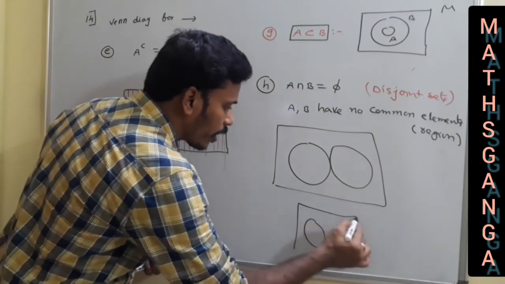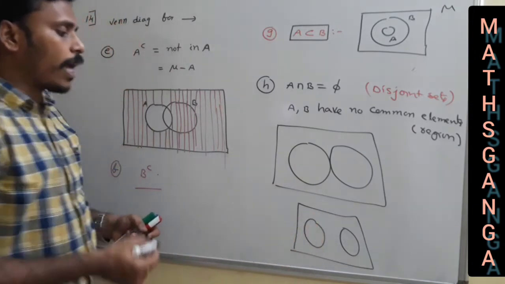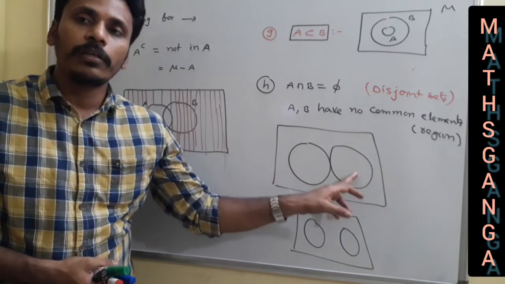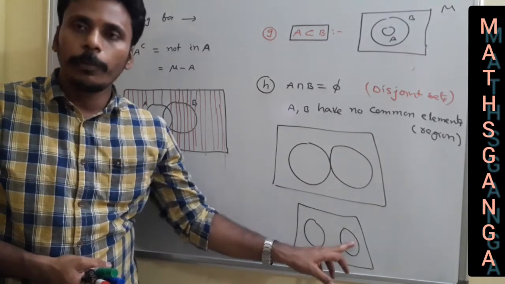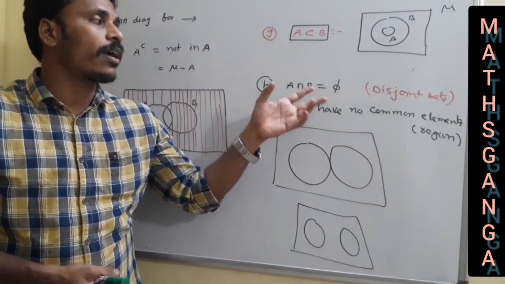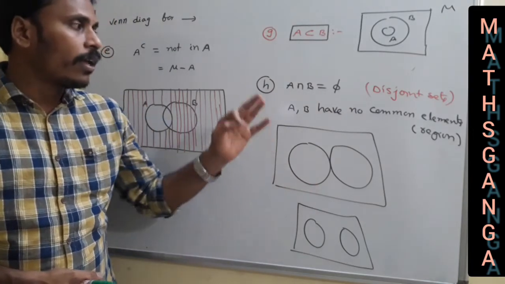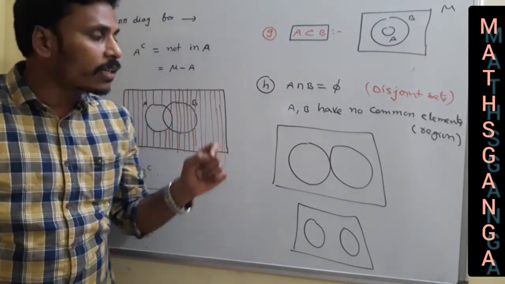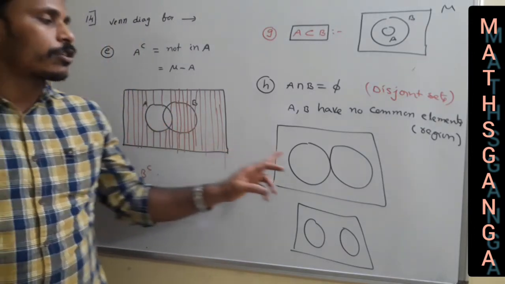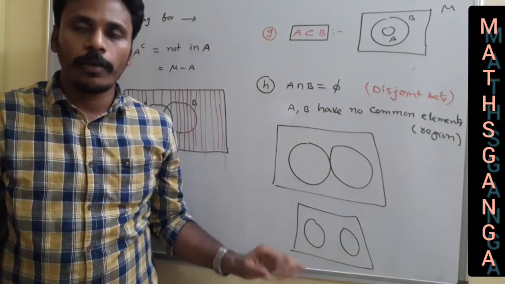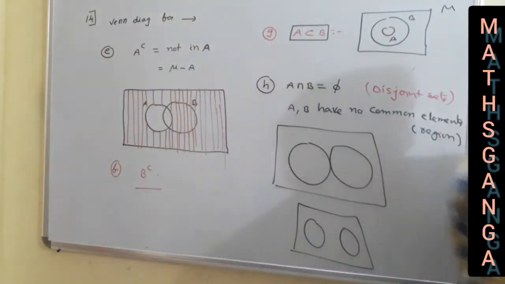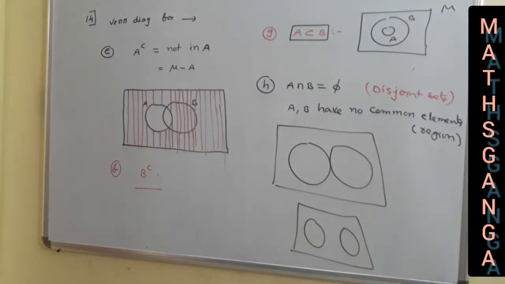Circle A, circle B in the universal set. These two types of diagrams will generate only three regions: in A not in B, in B not in A. Only three regions. The fourth region is neglected because those two sets have no common elements. Okay, just think about it. If A, B are disjoint, if A intersection B is empty, then instead of using the earlier type of diagram, we just go with any one of these two diagrams. Okay, just have a look. For two sets, shading different regions, identifying different Venn diagrams for two sets. Have a look.